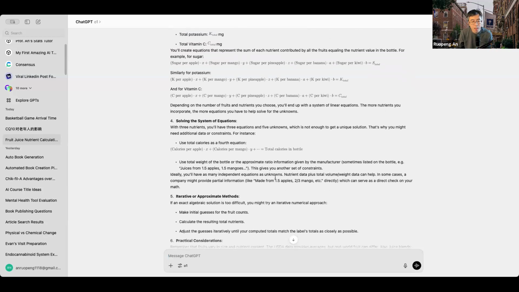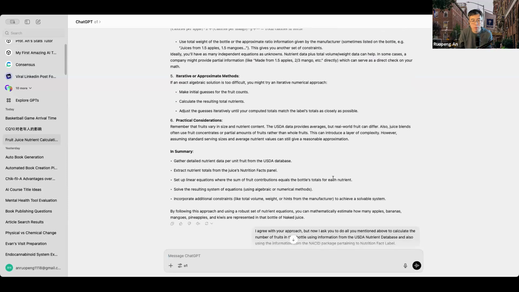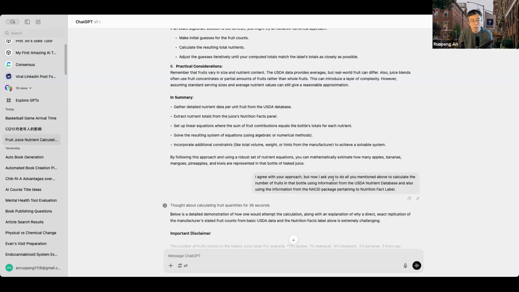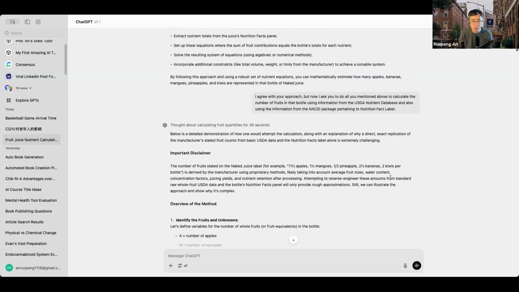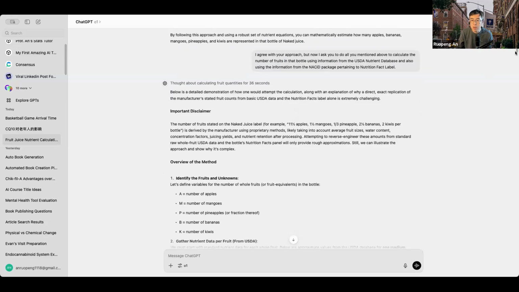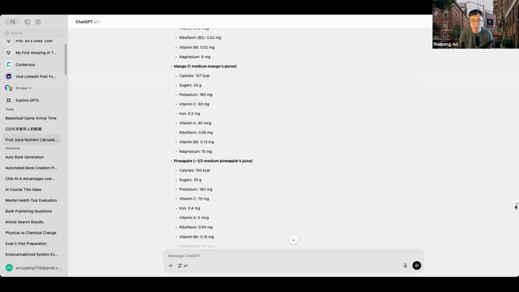And also, it doesn't really consider that the fruits are not in the original whole format, but in the juice or filtered format. So anyway, I continued the conversation, adding more details and suggestions, and the conversation went on for probably 6 to 7 rounds.